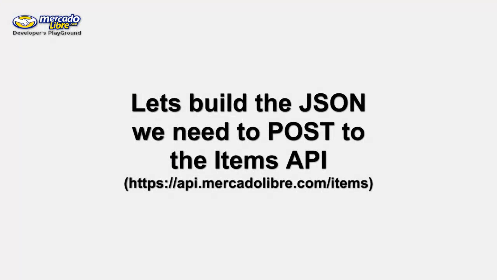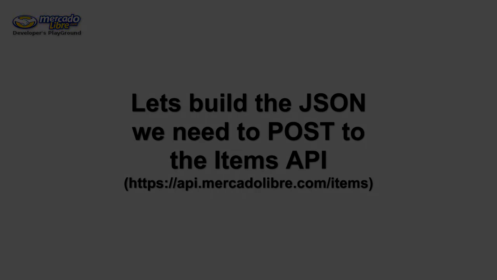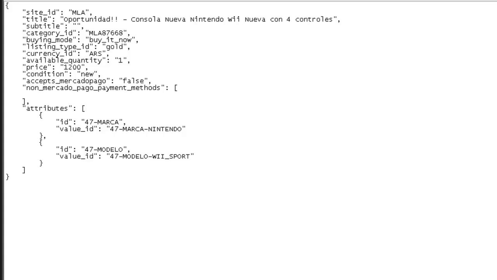The items API is the one we will use to make the post that will list the item. We are now able to create the JSON needed to make the post. We will have to make 2 posts, one to create the item and the other to associate the description text with the item. We can see the minimum necessary structure where we can review the main attributes. Site_ID, title, category, buying mode, listing type, selling condition, and the marca and modelo attributes, which are specific to the